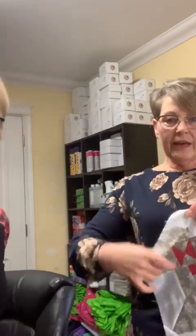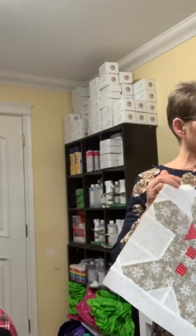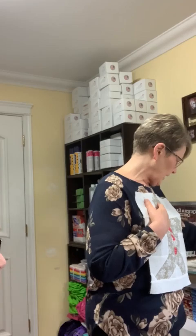Okay. So, guys, this is the flock we're doing today. And in the pattern, there are 2 of these. One here and one you can't really tell because the name of the book is over it, but there's 2 of them up here at the top of the quilt. So, for those of you who got earlier kits, you've got these fabrics. This fabric is the one we already have done, and then this one is the one that we're using for our second gingerbread. But for those of you who got later kits,